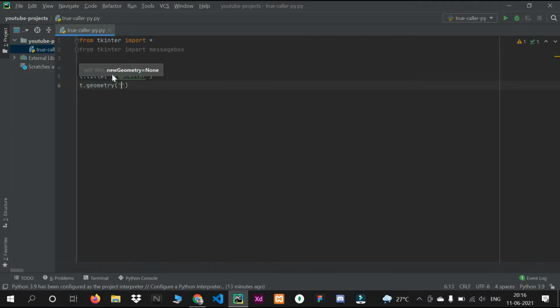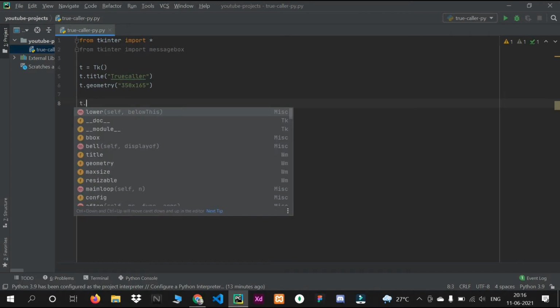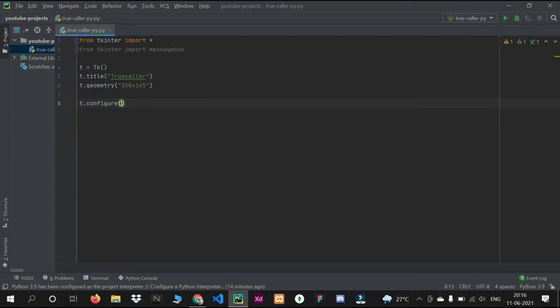First I will give a width of, let's say, 350 and height of 165, and then t dot configure, a background color.